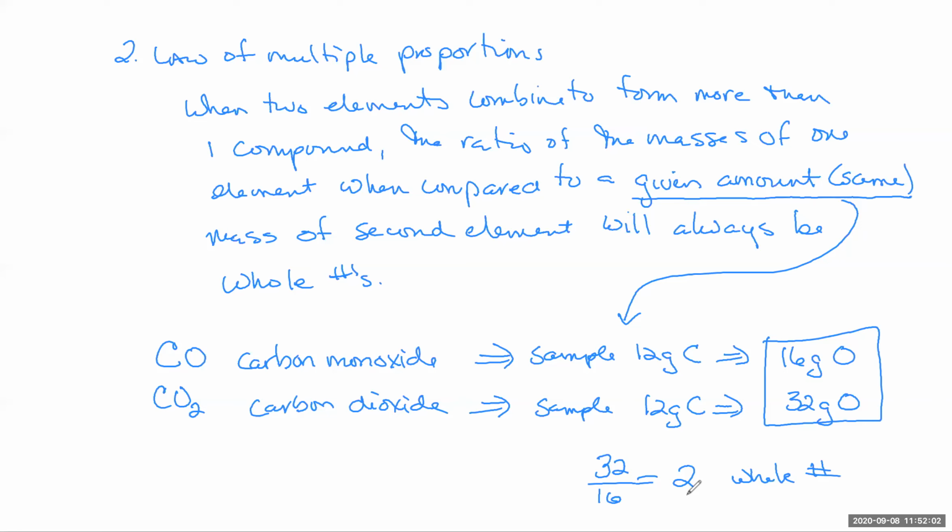So his evidence, the law of multiple proportions, is a little confusing. This is not about mixtures having varying compositions. That's the number one thing people confuse this with. This is saying when you're comparing two different compounds made from the same elements, when you compare the second element's amount, when the first elements are the same mass, that this will always give you a whole number ratio.